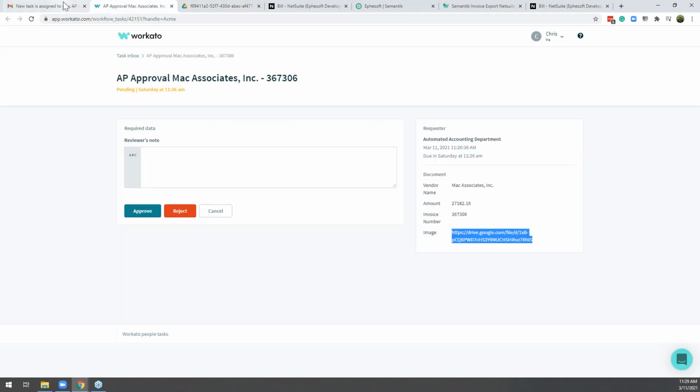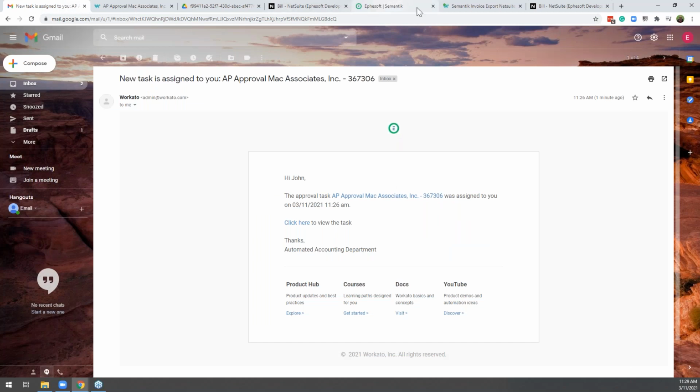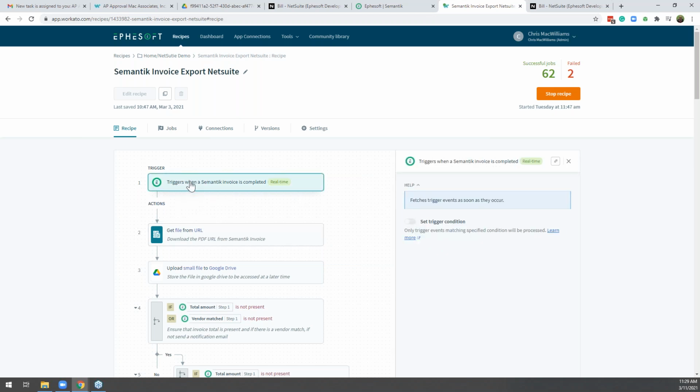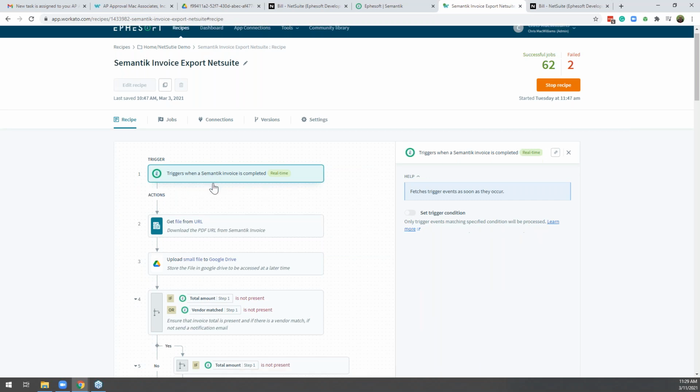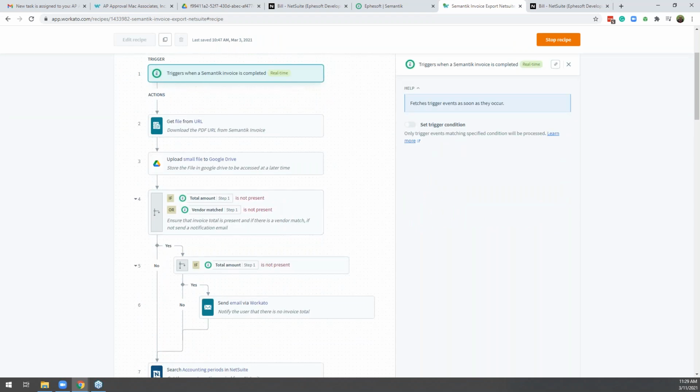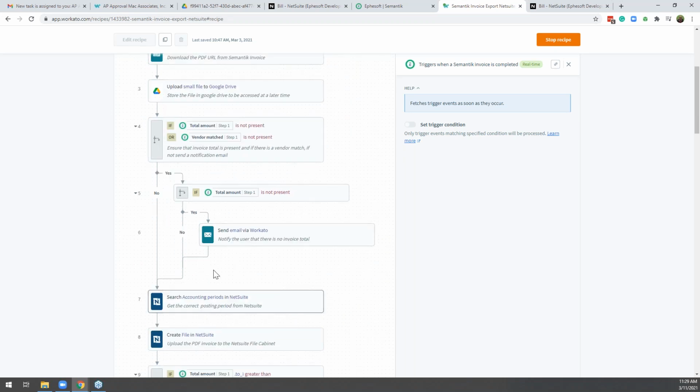So again, that is at the high level. I'll quickly jump over to the recipe just so you can get an idea. This is the platform connector, or soon to be platform connector, that we have with Semantic and Workato. You'll be able to grab this connector and use all the data pills that come out of the data extraction that we offer, and run it through your process.